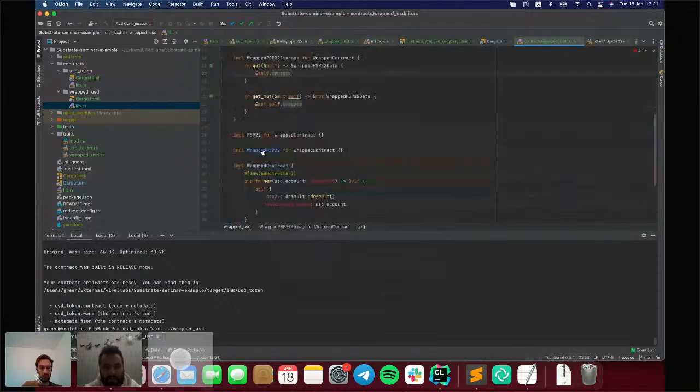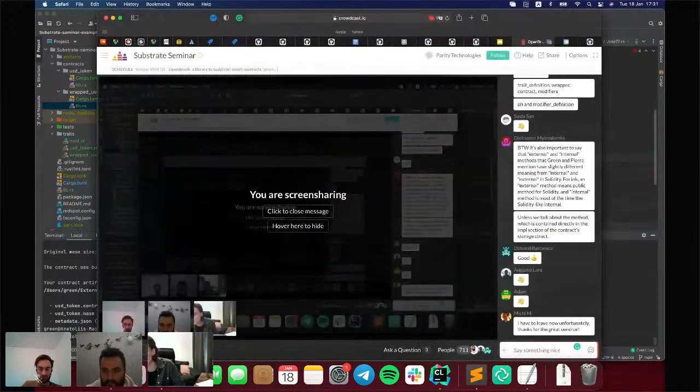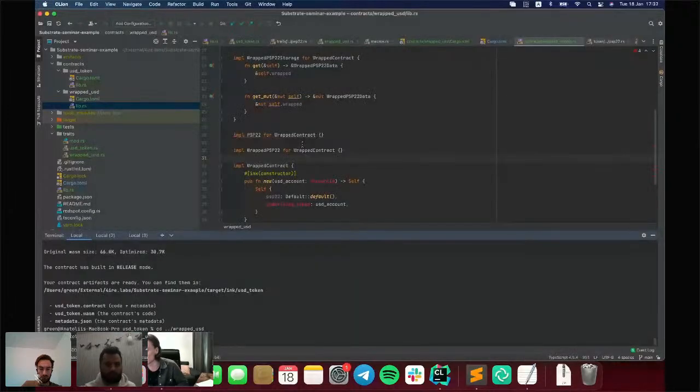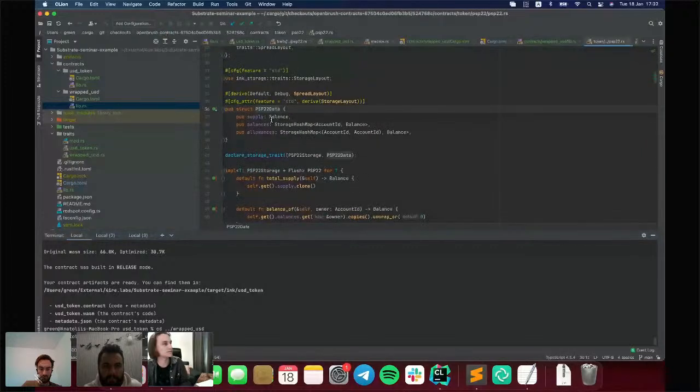And now there's a question that came up that's probably relevant right now. Are there other data structures? The question is asking if there are other data structures that we can use to interface with the PSP22 storage, or does it have to be HashMap? I assume that it's an ink thing, and I'm not very familiar with the documentation, but I have a link here that might help. We are using OpenBrush at the moment.